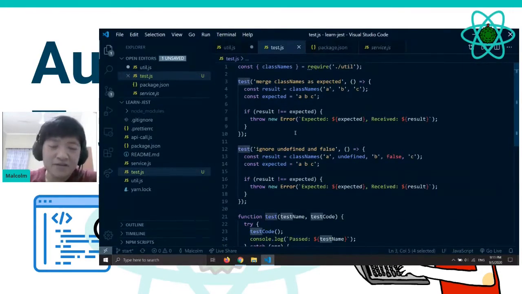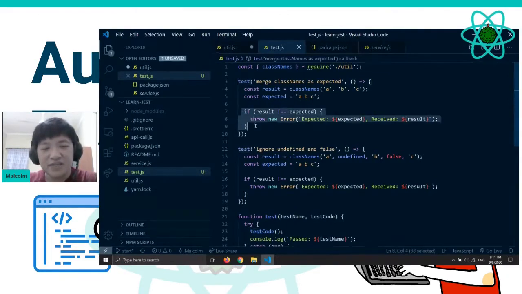Okay, the next thing I'm going to show you is how to write a simple assertion library. So what is an assertion library? You look at this code, this is actually an assertion because we are making sure this and this are equal. If not, we throw an error. So this is what we call an assertion. Now I want to wrap this code